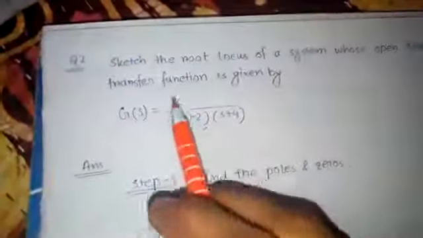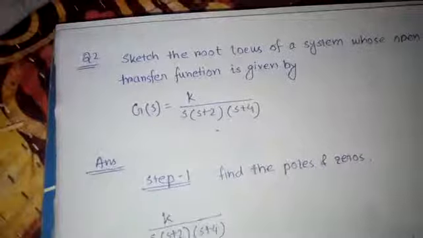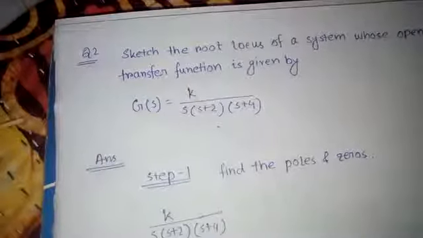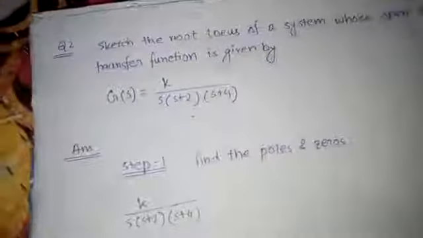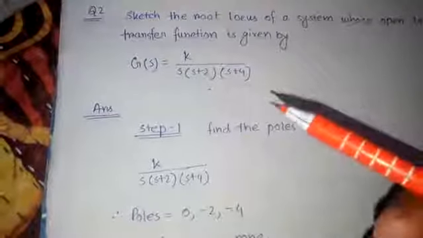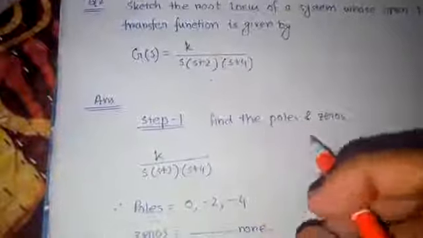So here is another example of root locus. The difference here is that there is no use of the angle of departure, because there are no imaginary poles. These two types of questions mainly come up: one I have uploaded before, and this is the one where there are no imaginary poles.